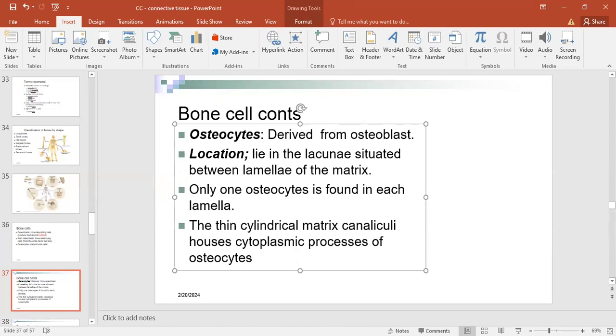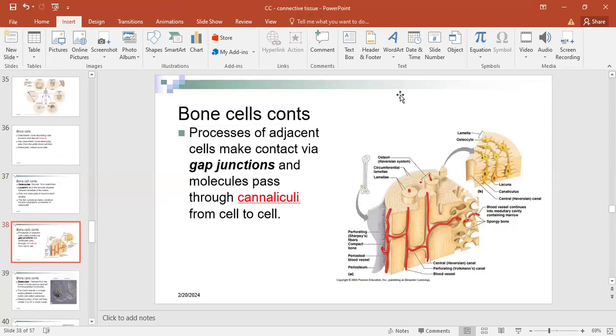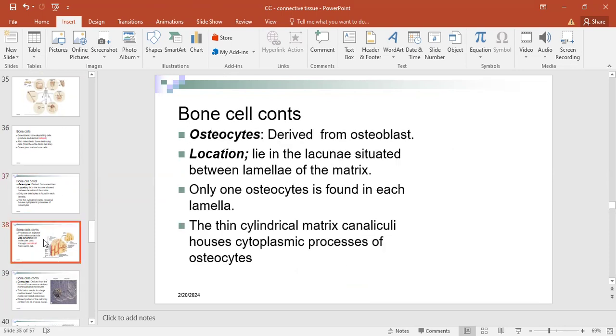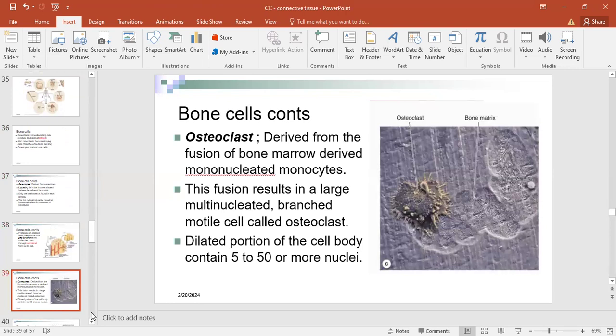I'll show you nicely what the lacunae are and what the lamellae are. So here we are. We have cells here. All these yellow things are cells, and these cells are the osteocytes. Now, the way bone is, when you look at the gross structure,